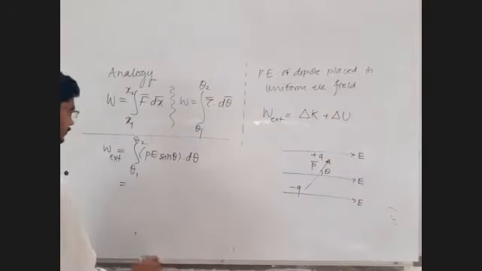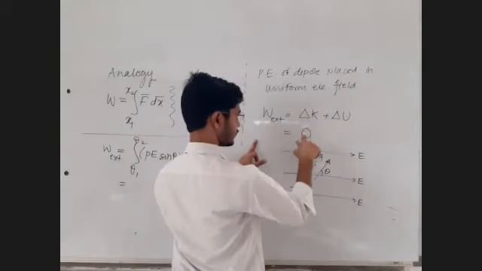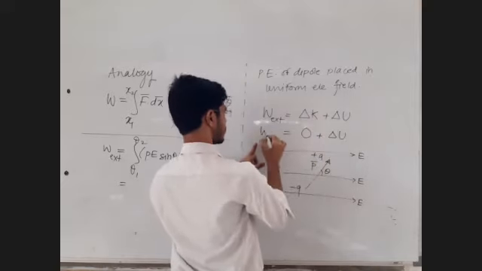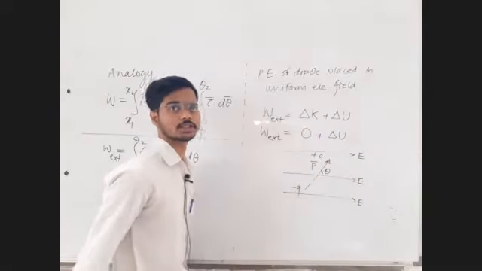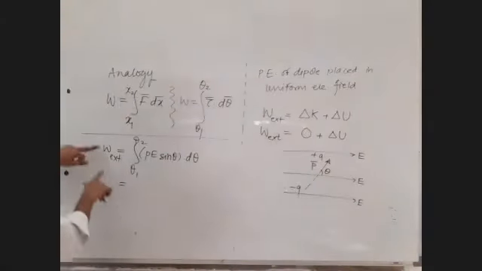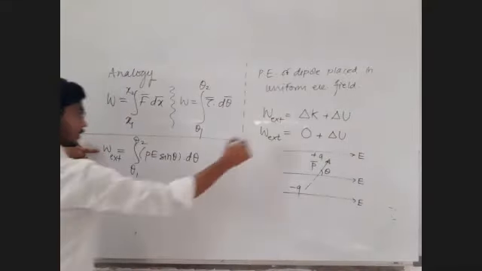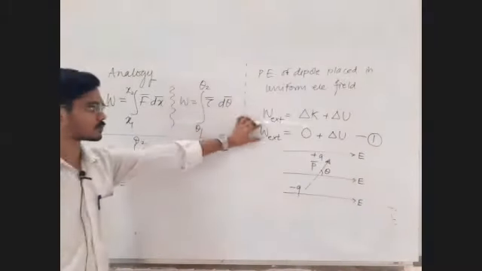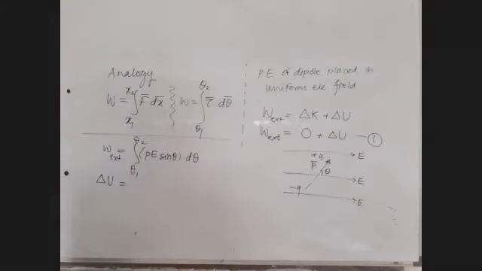But sir, you can write here, we are going to make this delta K 0, means without accelerating the system we are going to do this work. So entire work done by the external force will be the change in potential energy of the system. Absolutely fine, sir. So W external can be replaced by delta U. So call that equation as 1. Okay, there must be some space between this and this, so in that space just write this equation. Okay, so replace this W external by delta U.